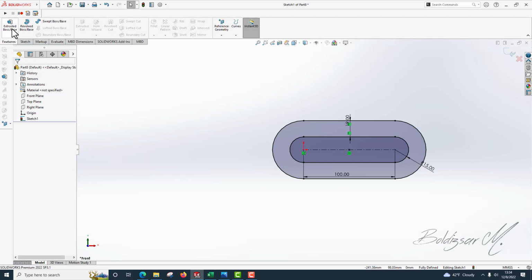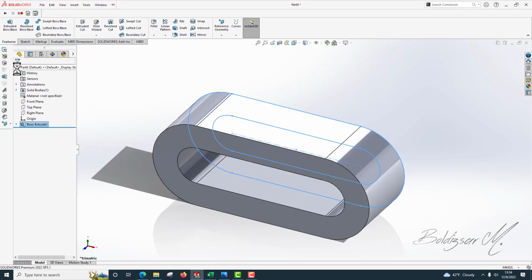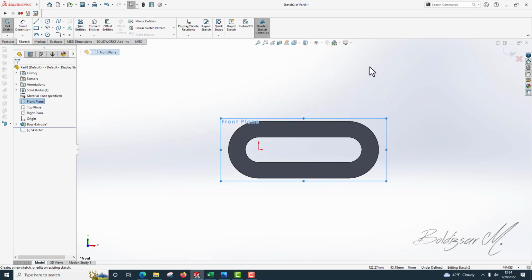Go to Features, Extrude, 52. We will make that profile. So from the plane, sketch,